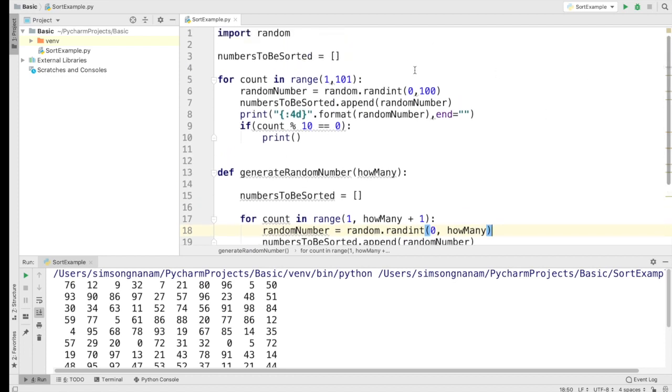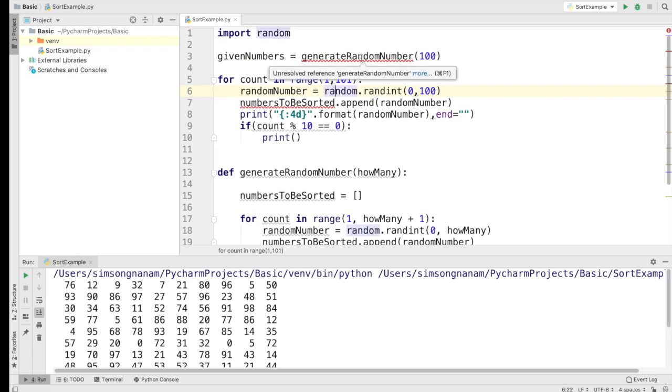So right here, I just want to give a different variable name. So I'm just going to change it to given numbers. Okay, and I'm going to call the Python function generate random number and get me 100 numbers, right? Now one other thing that Python does is that it says, hey, I can't see your